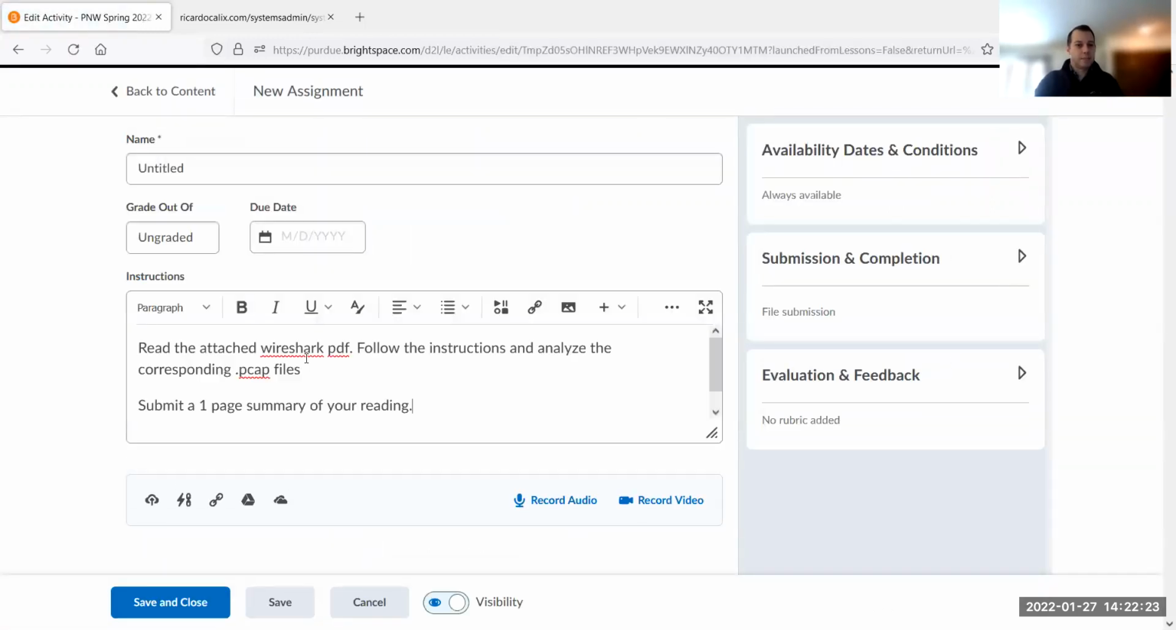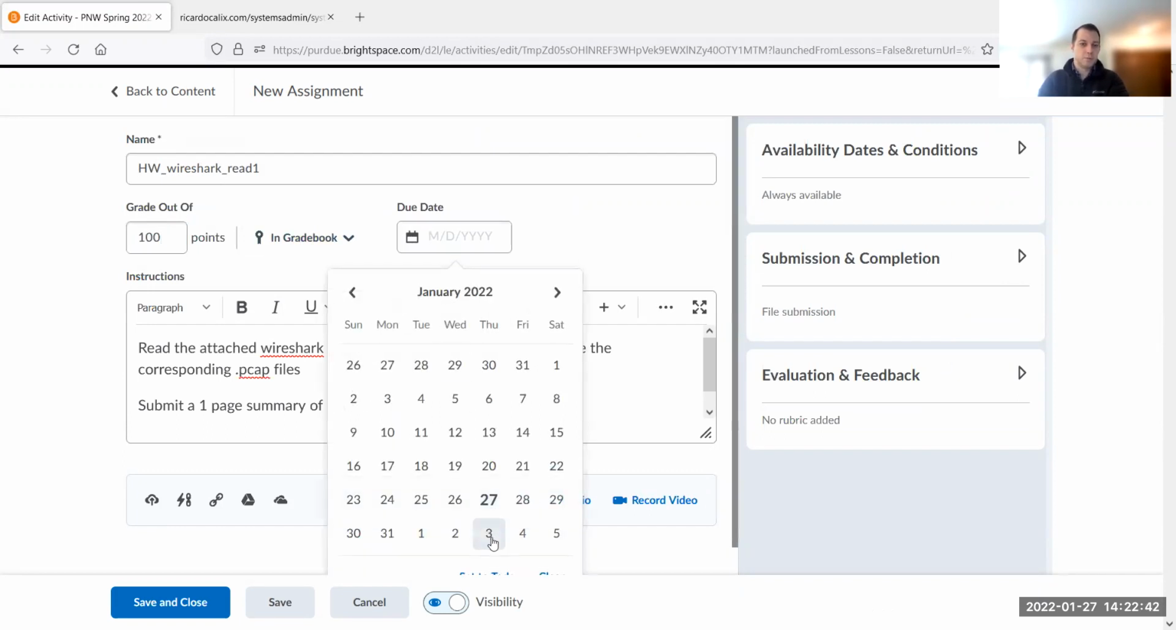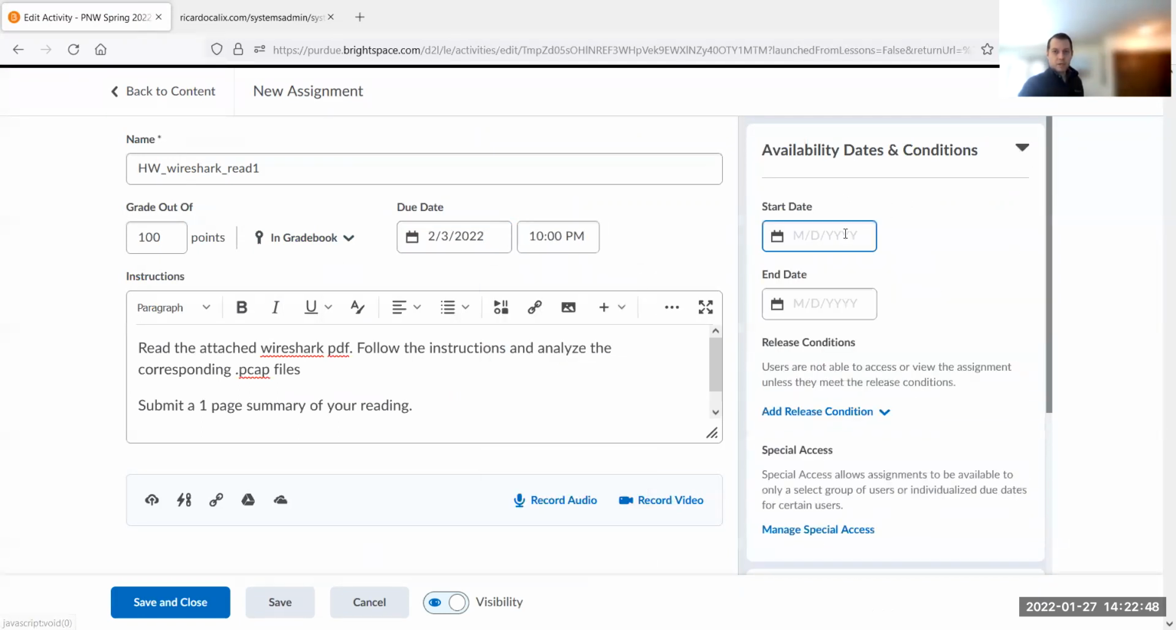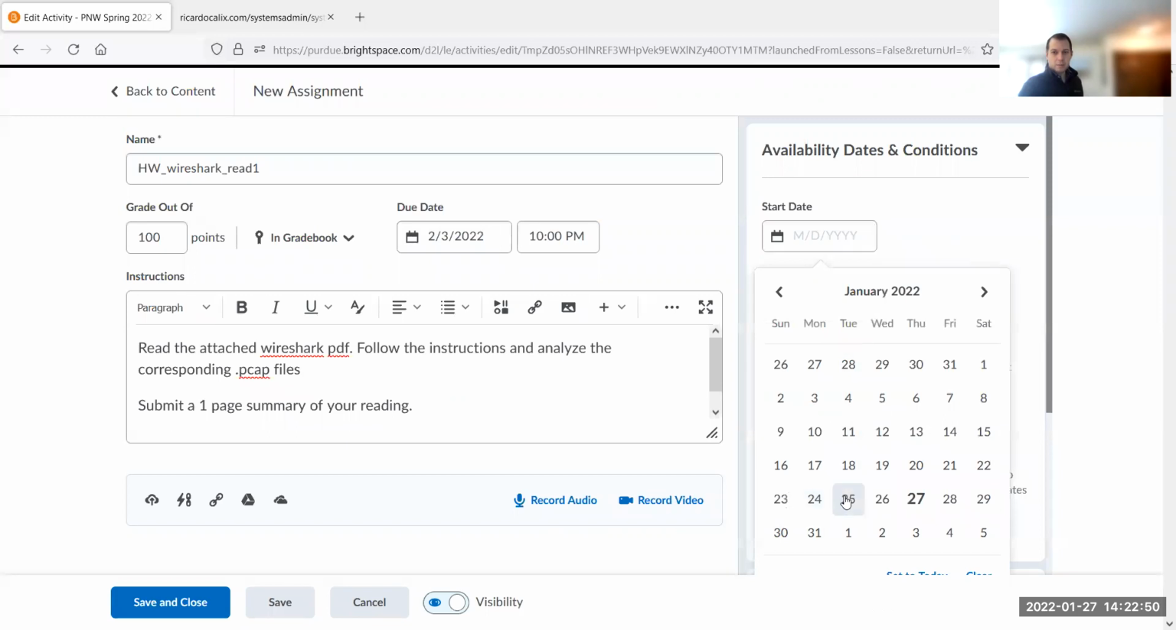I had copied this. Yeah, there it is. So this is homework. Wireshark read 1. Okay, so these are very easy points to get. This will be due on the 3rd by 10 p.m. And it starts now